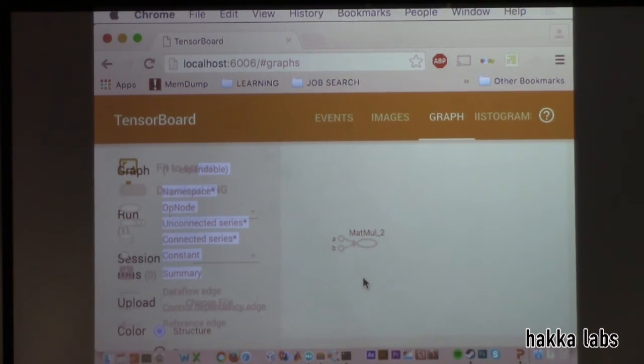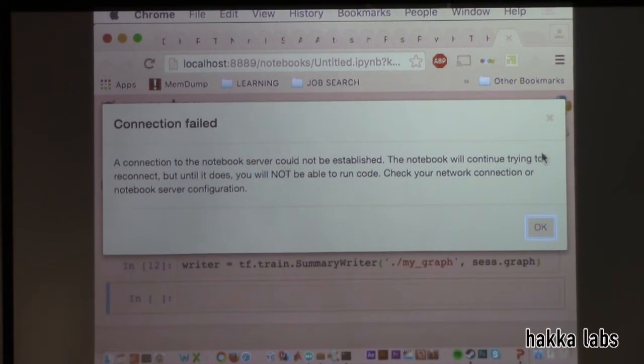But basically, all you need to do to get yourself started with TensorBoard is add in a tf.train.SummaryWriter, pass in your graph, and you're going to be able to immediately start visualizing your graph and seeing it. And you won't have to worry about anything else. You don't have to do anything else. It's just like, oh, great!